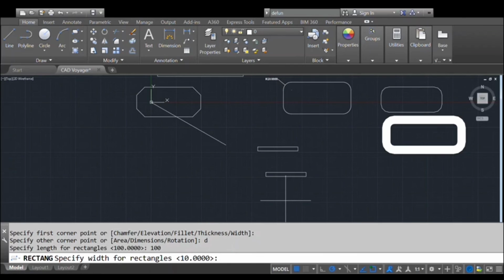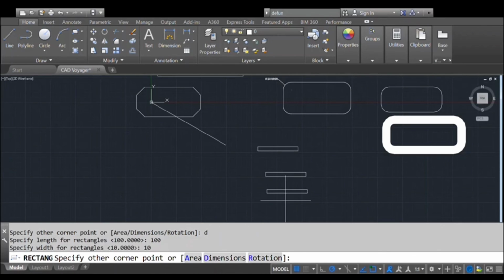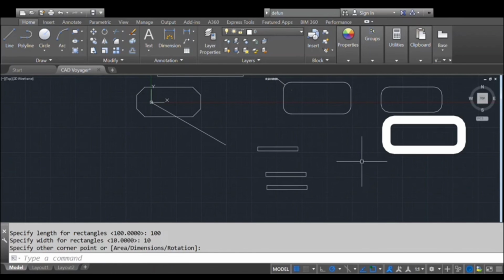I have entered 10. Again it asks for the other corner point. By specifying a point, it chooses the direction of the rectangle drawn. Please note that it has a limitation. While using area or dimension, we cannot provide fillet or chamfer for the rectangle.